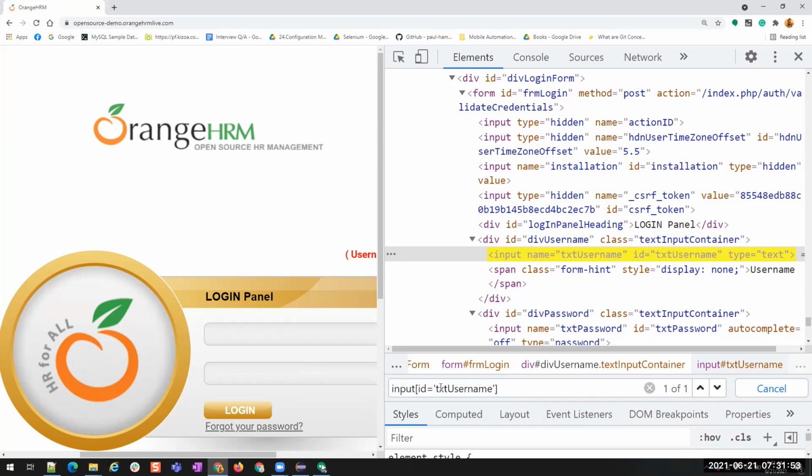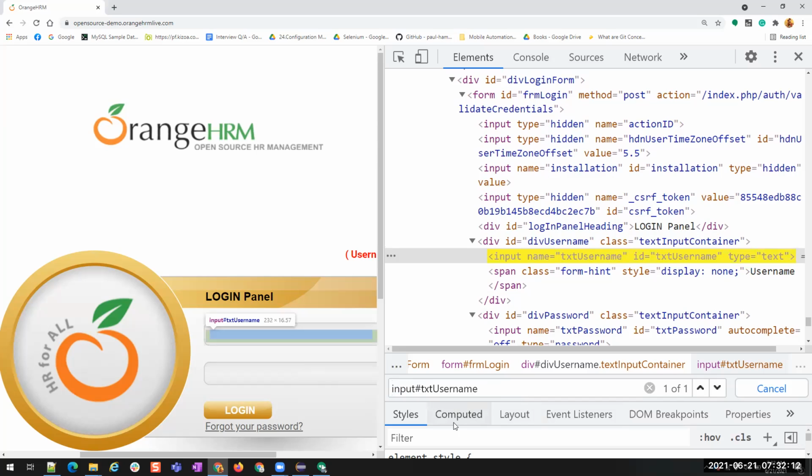And there is another way. If you want to use ID to find an element, you don't have to use the square braces ID is equals to. There is a shortcut or there is a symbol that can be used to represent an ID, that is hashtag. That's all. You see, is it able to find? It is highlighting in yellow, and when you hover it, it is highlighting in blue. Similarly, I want to apply using its name.